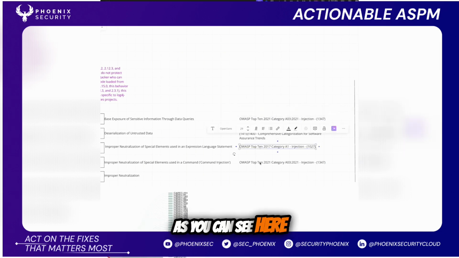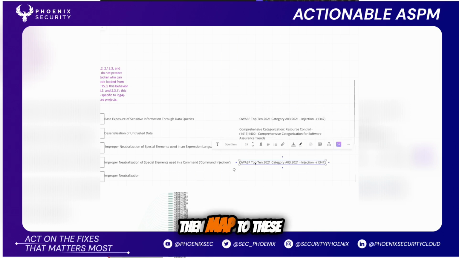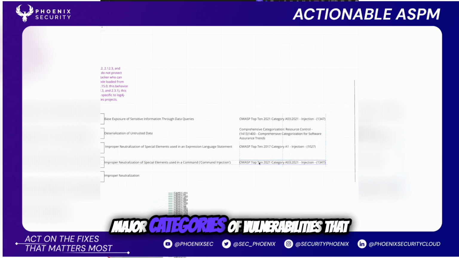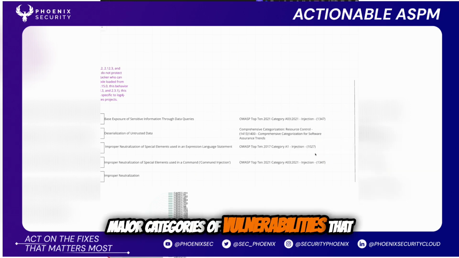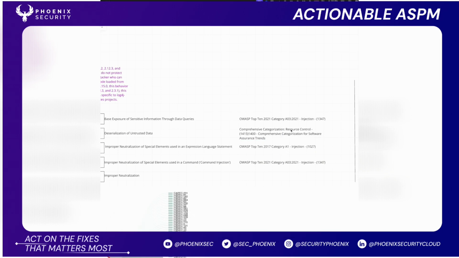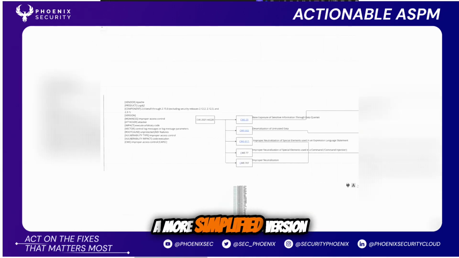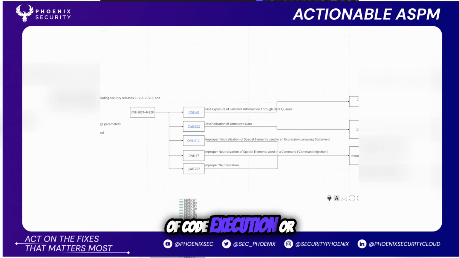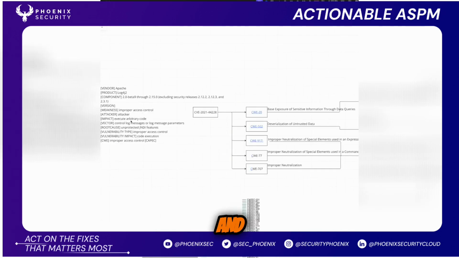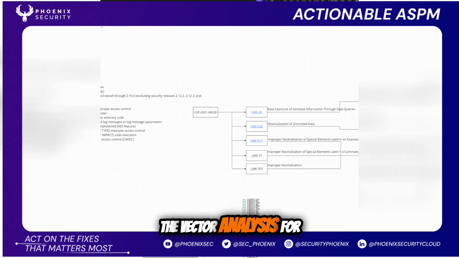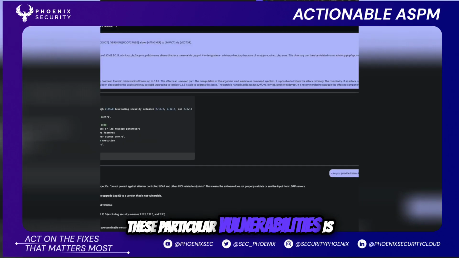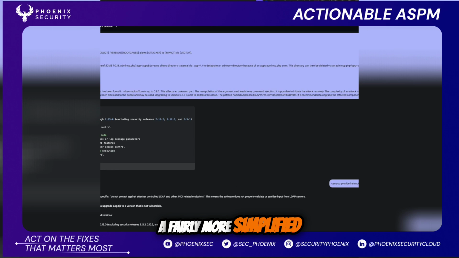And as you can see here, all of these CWE then map to these major categories of vulnerabilities that you can reconnect to fundamentally a more simplified version of code execution or access control. And as you can see here, the vector analysis for these particular vulnerabilities is fairly more simplified. Again, arbitrary code execution